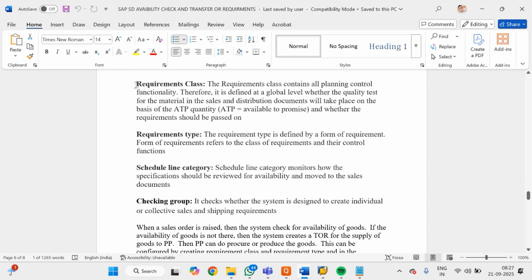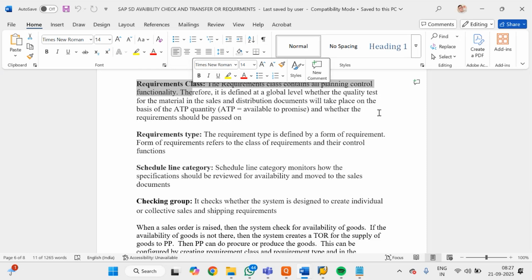वी हैव टू नो। रिक्वायरमेंट क्लास इज कंटेन्स ऑल द प्लानिंग कंट्रोल, यानी वो प्लानिंग कंट्रोल करता है कि व्हाट रिक्वायरमेंट, डेली बेसिस पे या इंडिविजुअल बेसिस, और व्हाट, based on that they will do the planning। Requirement class and requirement type also is one of the control for requirement class, and in the schedule and category we maintain the transfer requirement, and checking group which one, daily requirement or individual requirement, this four option will the first requirement class।